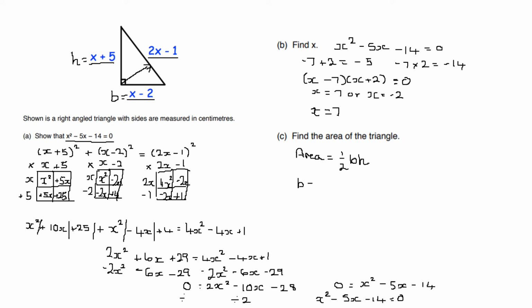So when x equals 7, our base will be 7 take away 2, which will be 5, and our height will be 7 plus 5, which is 12. So our area is going to be half times 5 times 12, and that will give us 30, and remember your units,